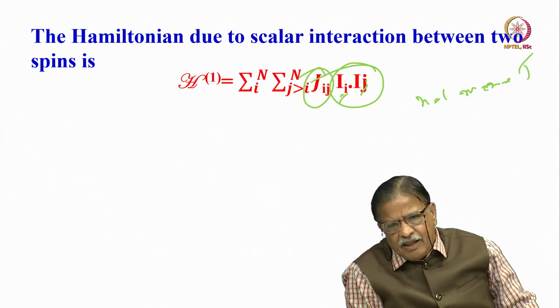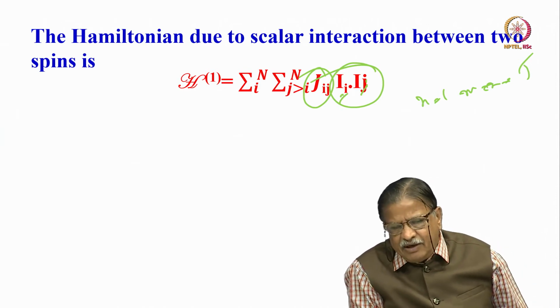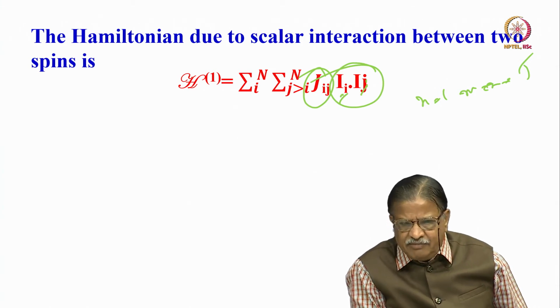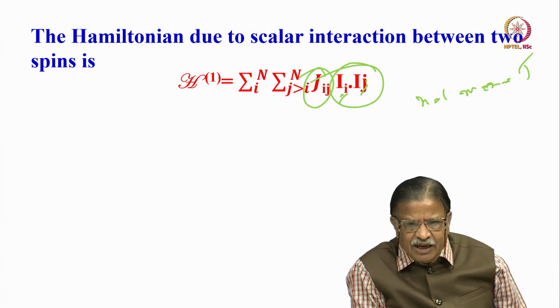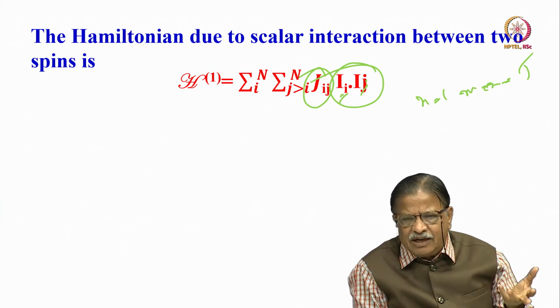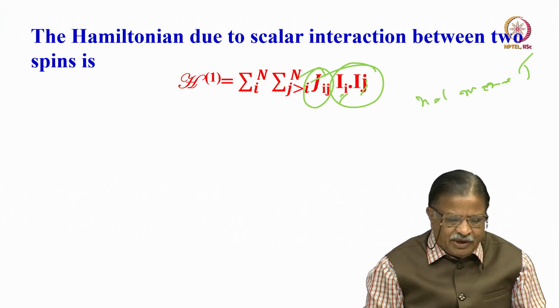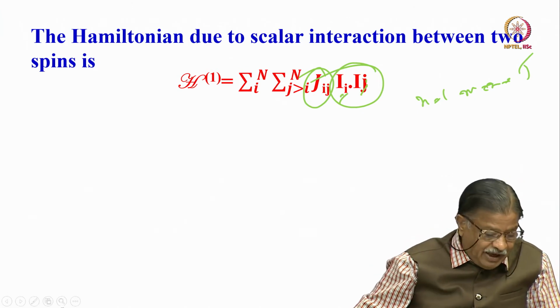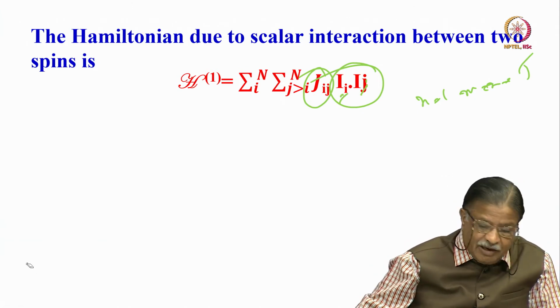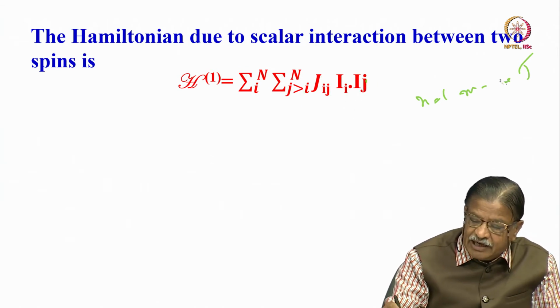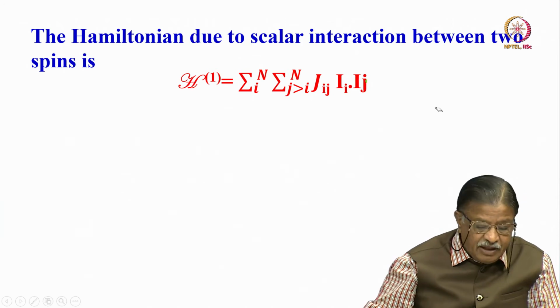Okay. And of course, NMR interaction is mutual. If J12 is there, it is also equal to J21, both are the same. So you have to consider only one. If you consider the J coupling of 1 2, you do not have to consider 2 1. So it does not matter. So this is a simple way you can represent this Hamiltonian. So this is the J coupling Hamiltonian, taking into account interaction between the two nuclear spins. Okay. Now